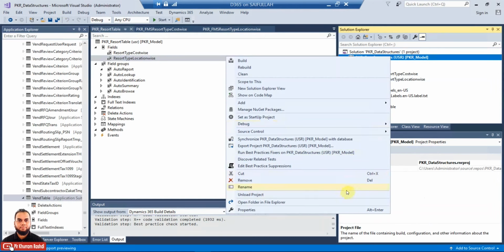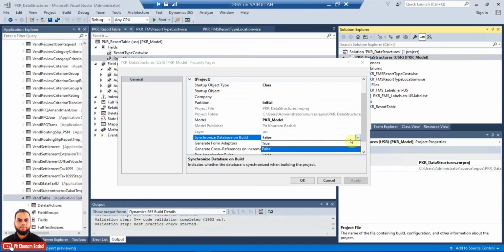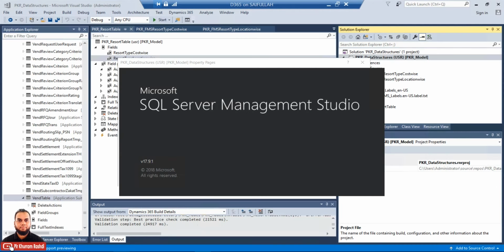table, we will right click on the project in order to synchronize for the changes to take effect on the SQL server. So what we'll do is set synchronize database on build to true. Right now I also want to show you the current status of SQL before this option, once we have created the table. That needs to be understood by new developers, so that what we are actually doing in a development environment is very clear.